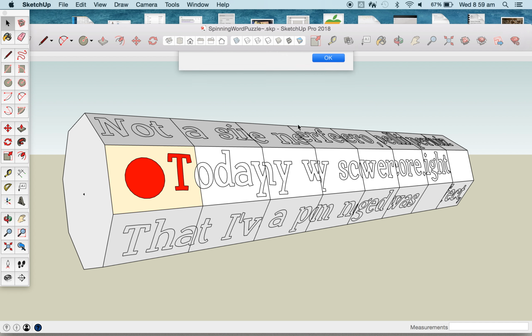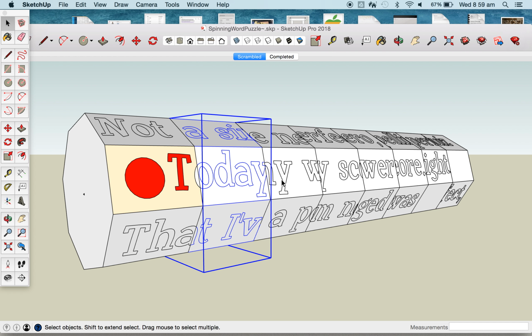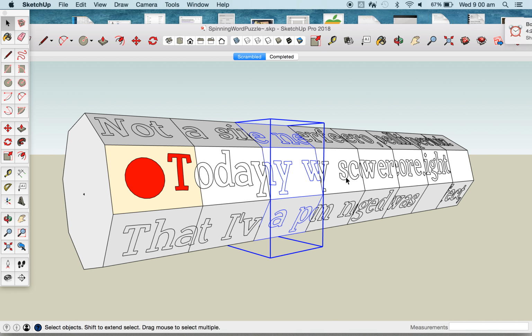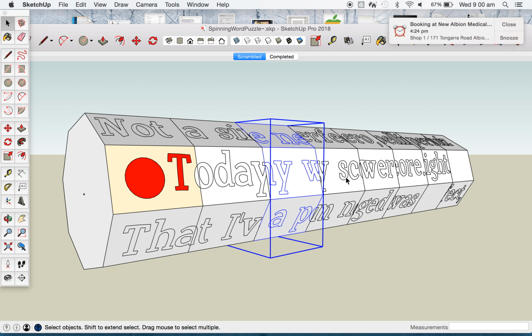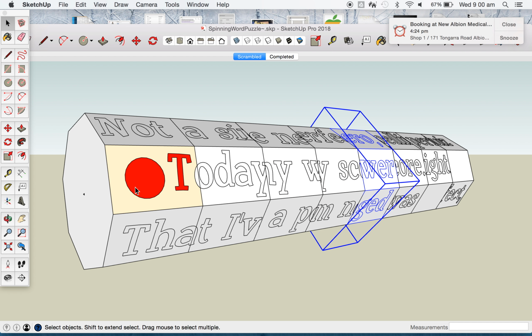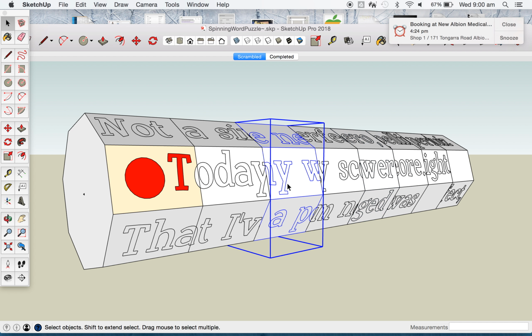Okay, so each one of these is an individual octagon, because it's 8-sided. And what you need to do is rotate them so that they all line up, spelling out a sentence. Now you notice the first two have been done, and I've lightly coloured in the first two. So the next one that needs to be moved is this one here, and we're going to use the Q command. So we select this, go Q, and we're going to use this dot right in the middle. It runs right through the axis of the